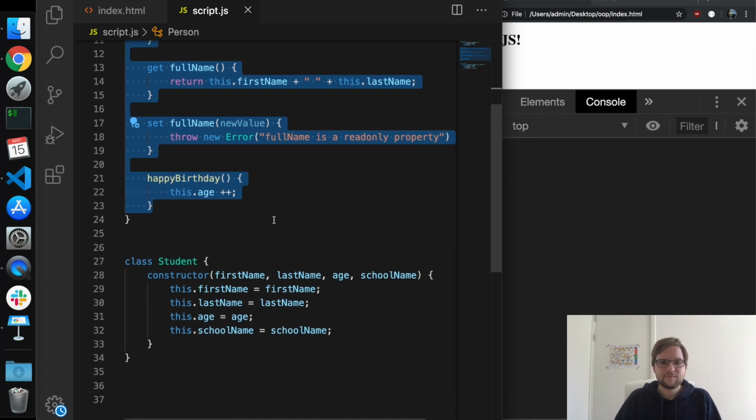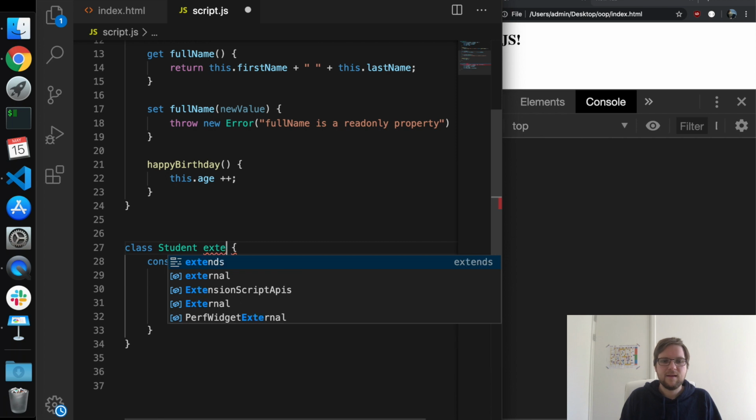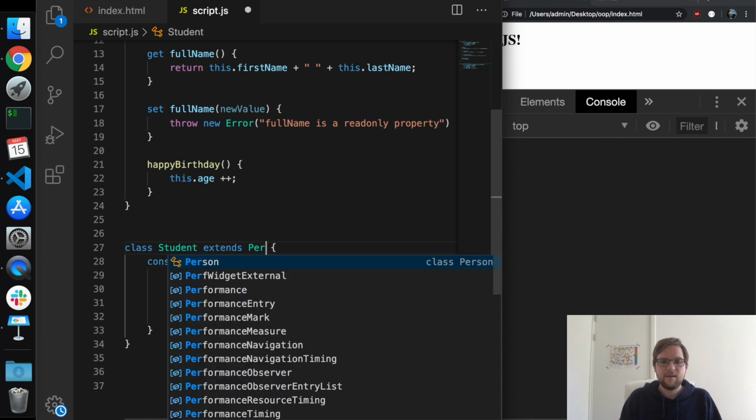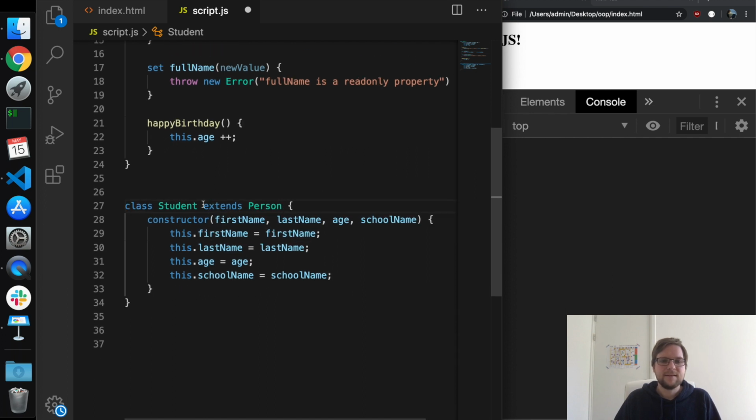And to do this, JavaScript has a special keyword called extends. After the extends, you must specify the class name that student extends. So class Student extends Person. It uses the word extends because we're taking the person class and making an extension of it. We're making it bigger, richer. Now that we have the student class that extends the person class,